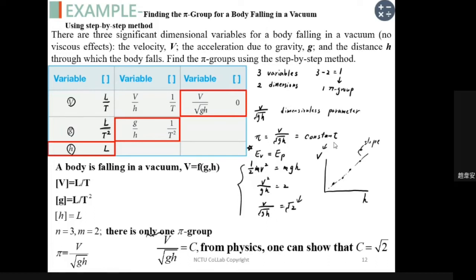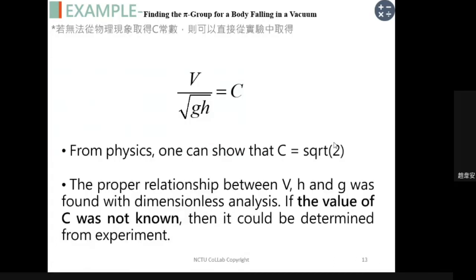For this example, our pi group is the velocity v divided by the root of gh. So these are the dimensionless parameters. We can base the laboratory experiments on these parameters to understand and figure out how large the constant coefficient is. Okay,